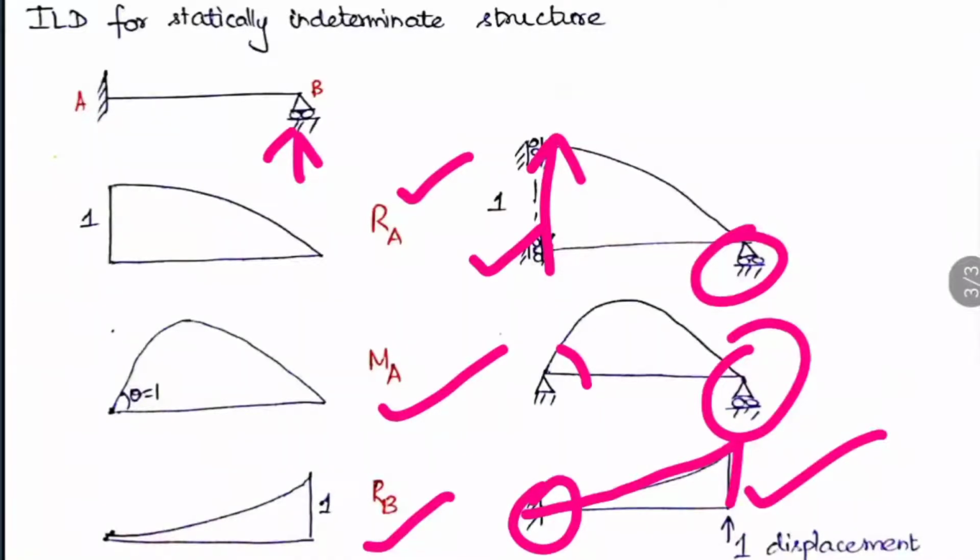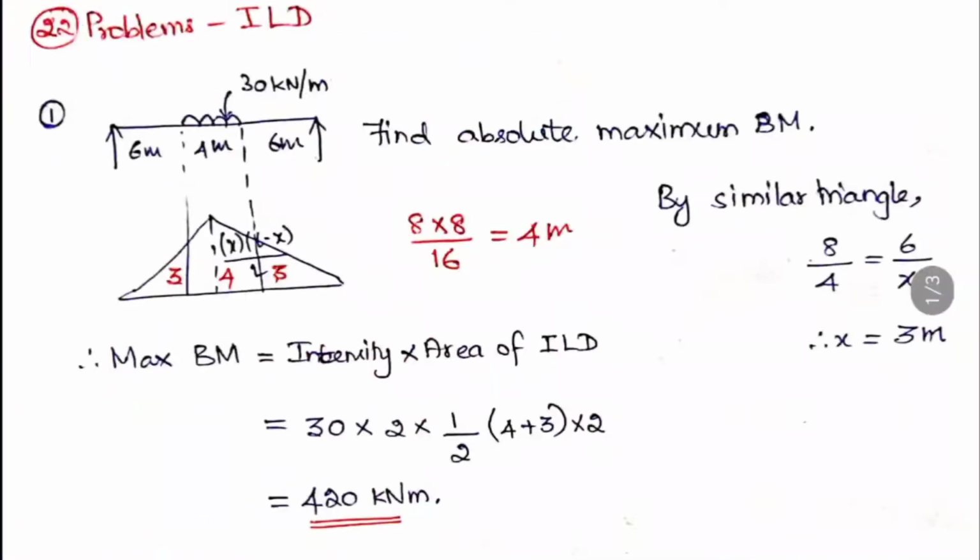So now let us see some problems related to the previous lecture and this also. So first question, here I have taken a simply supported beam with the UDL at the center. It has a total span of 6 plus 2 plus 8, that is 16 meters, and the UDL is of 4 meter span, and it is located at the very center. So this we have seen already, the UDL should be placed like that to get the maximum bending moment. So this is the case and they have asked for the absolute maximum bending moment.